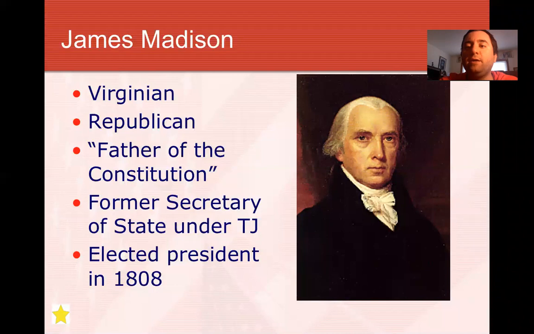On the left-hand side, question number 1. Who is James Madison? Another individual from Virginia. We've seen a lot of great individuals from Virginia, most notably George Washington and Thomas Jefferson. Our friend here is a Republican president as well. We know him through his great efforts with the Constitution. You may recall that he is known as the father of the Constitution, because of the role that he played in the establishment of the Constitution and in the Constitutional Convention.